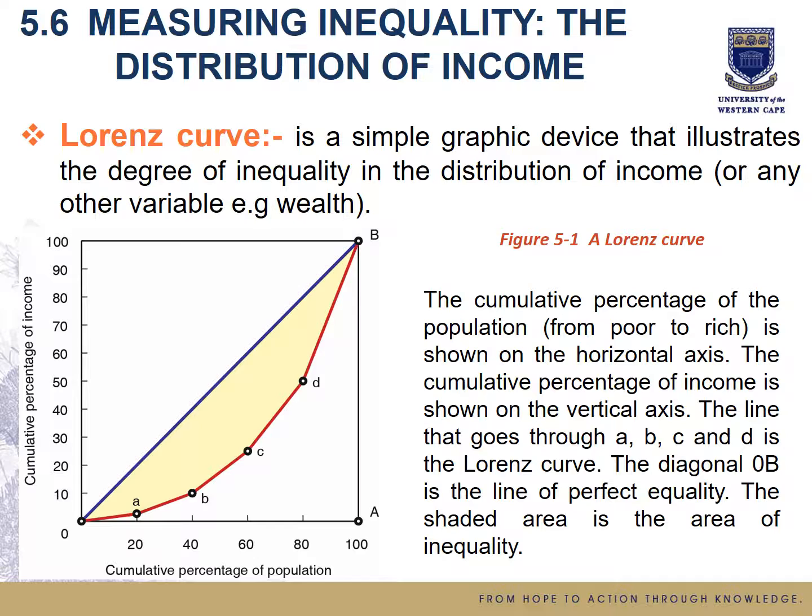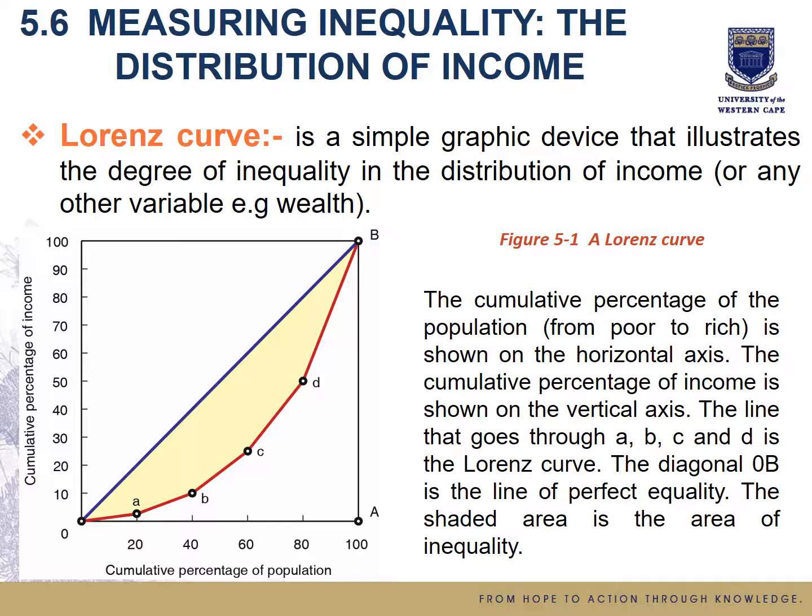These measures require reliable information about the income of each individual or household in the economy during a particular period. A Lorenz curve, named after an American statistician, Max O. Lorenz, is a simple graphical device that illustrates the degree of inequality in the distribution of income or any other variable. To construct the Lorenz curve, the different households in the economy should be ranked from the poorest to the richest. This is achieved on a cumulative percentage basis.